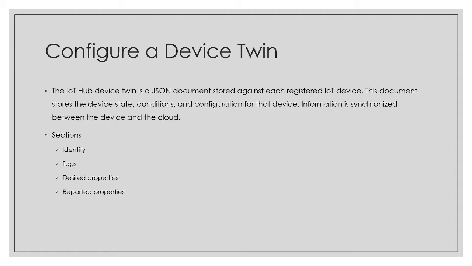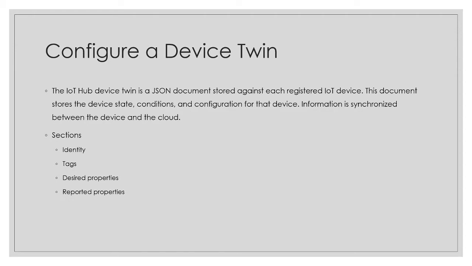Coming to the desired properties, these are the properties which are set at the Azure IoT hub level. On the hub level, we will say that there is a property called temperature level, and I will set it at 35 degrees or 40. When I set a property as a desired property, that property will be pushed to the device level and updated on the device. So from the cloud, I am sending a property to the device. Coming to the reported properties, any property which is set at the device level and synchronized on the IoT hub level is a reported property.